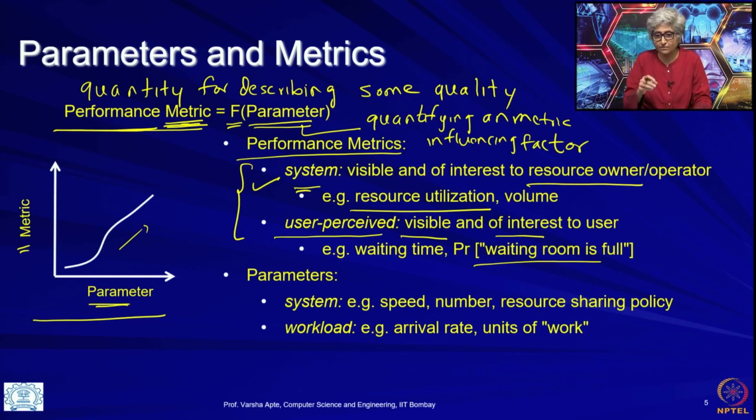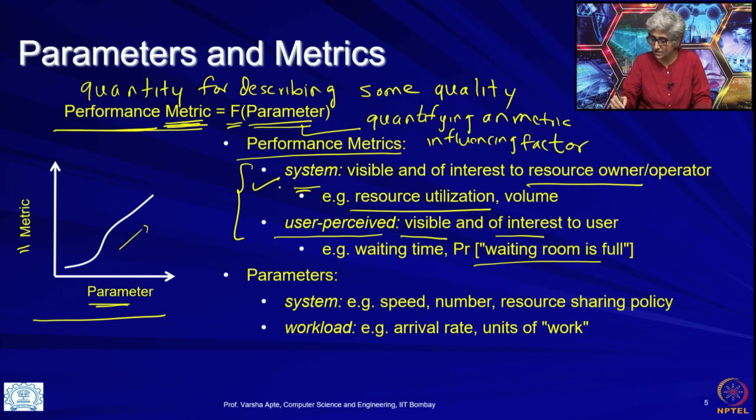All of this is something that the owner of the link or the owner of the CPU will know. The person who is submitting a job to the CPU, or who has sent packets to be sent on the network link, will not know. In fact, they are done when their packet goes over the link, right. Again giving the example of the poll booth worker, the voter who is queuing for the poll booth will not know how many persons per hour came through this voting station today. They only know that they had to wait for 2 hours. The poll booth operator will know how many persons per hour came.